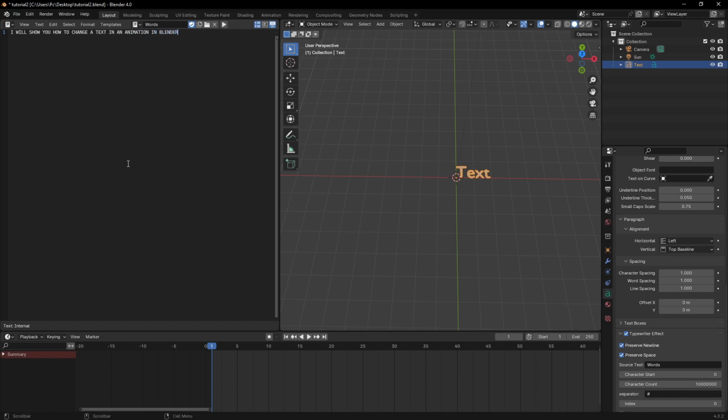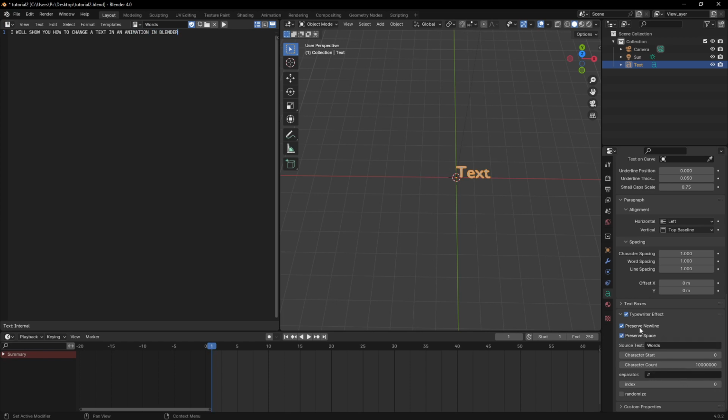Okay, but if you look here, we have a hash character that is a separator of each text. So if I want to show each word separately, I need to put a hash in each space. Okay,